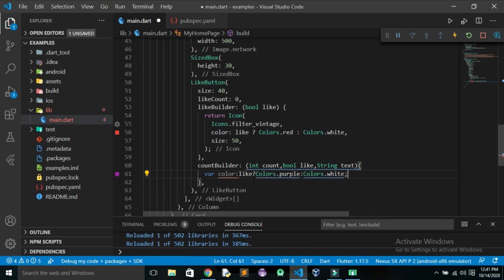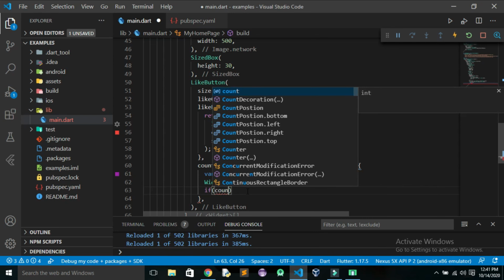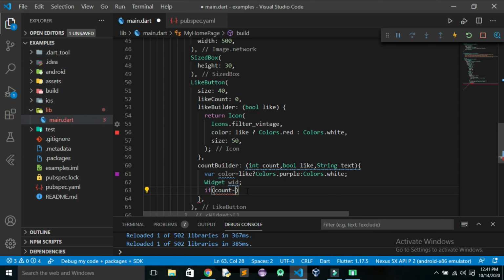Now we can take, okay, here we have to use equal to. Now I'll take a widget and name it as result or anything, maybe WID also. So the widget which I have to display is this one. So now I will check the condition that if my count is equal to 0,